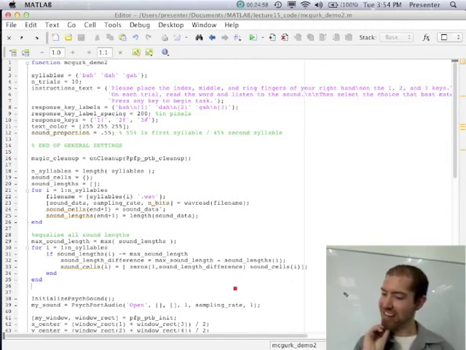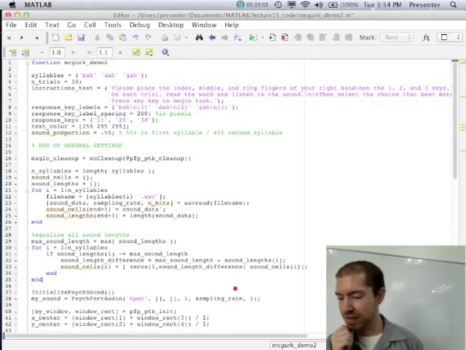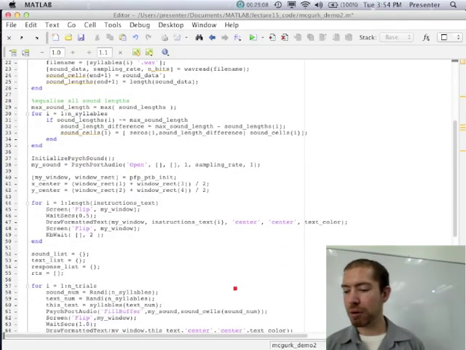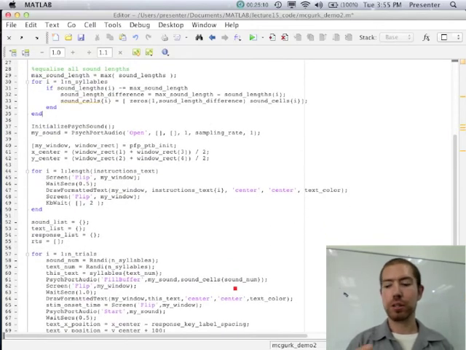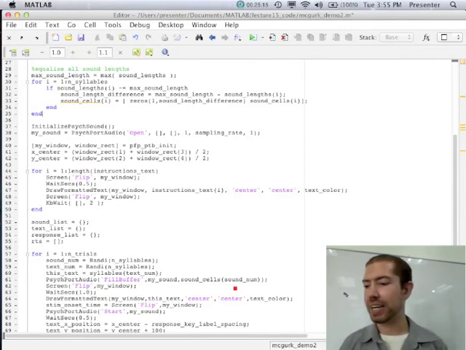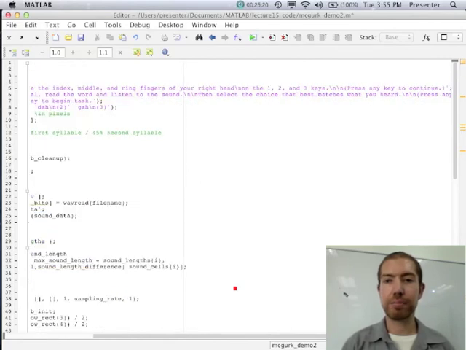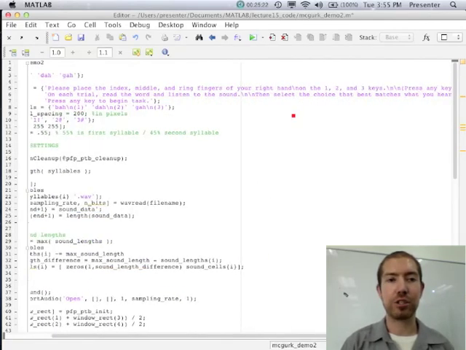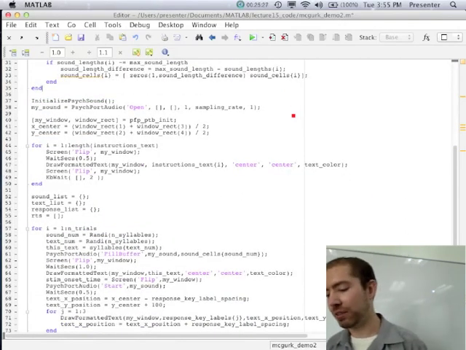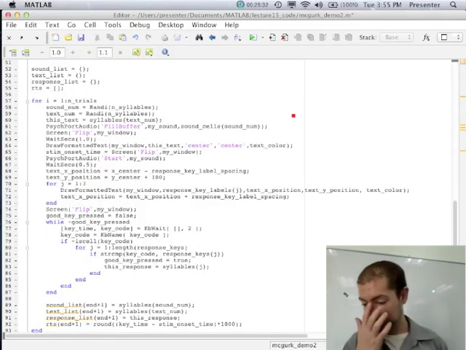So you've done that. And let's see what else we have to do here. So now we can go through all of our other code. We can initialize the Psychtoolbox and everything as before. The instructions text basically is going to be the same: select the choice that best matches what you heard. So I think that's still accurate, right? Okay, so what we have to do now, though,